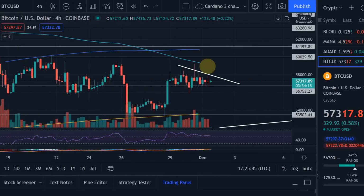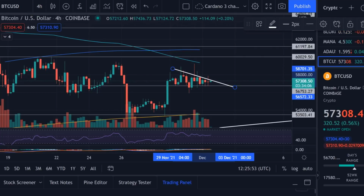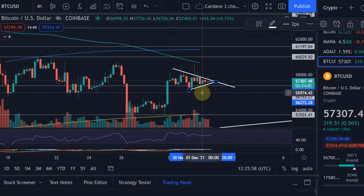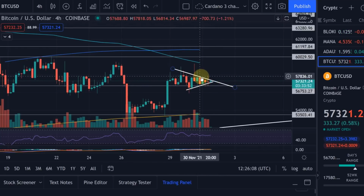And overall if we can zoom in here, you can see that triangle structure. Now here on the 4 hour chart you can actually see that you could move that trend line a little bit, and actually on the 4 hour it's looking a bit different. On the 4 hour it looks like a symmetrical triangle, which would be even better because these would generally be considered a consolidation or continuation pattern. So from a 4 hour point of view it looks like we're actually here in the apex now,